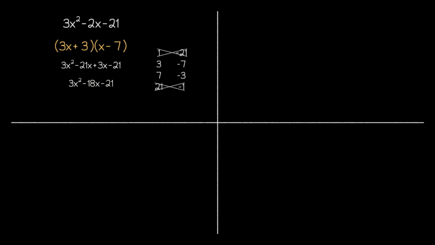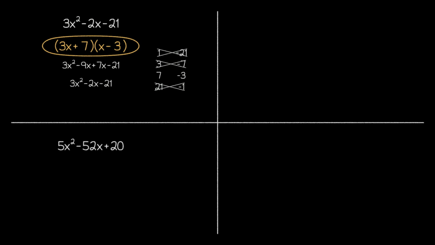So before we even did the double distribution for this guess, we could have known that it was incorrect, since our original expression does not have a greatest common factor of 3. We do, however, need to try the combination with -7 and 3, but that ends up not being correct either. This leaves us with one final option, and we now know that the -3 can't go in the same factor as the 3x. So we'll put the 7 in the first factor and the -3 in the second factor. And once we do our double distribution, we can see that this ends up being the correct answer.